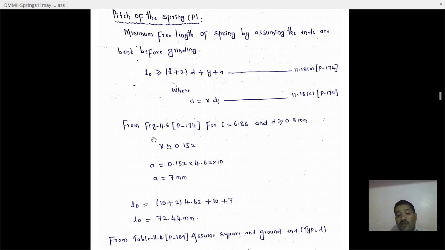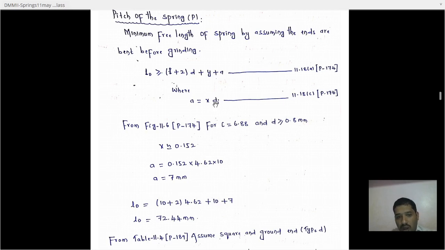So first of all you have to refer to figure number 11.6, page number 174 from the Design Data Handbook by Mahadevan, for C. C, the spring index, is given as how much? 6.88, and the diameter is greater than or equal to 0.8 mm. So x's value is approximately equal to 0.152. So a, the clearance, is given as x, how much here? 0.152 into 4.62, this d value we have already solved,